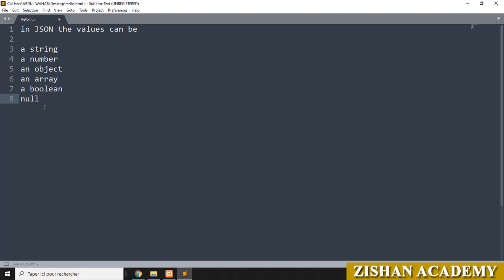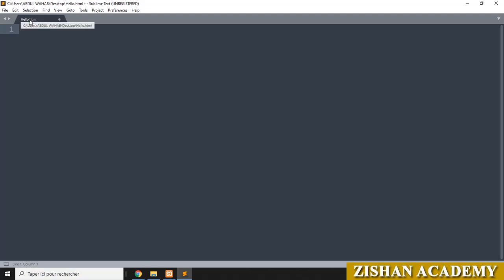Let us see one example in a JSON file, how to create the JSON. Here in hello.html, I am going for an HTML file. Open with doctype space, then HTML. Close this one. Then we'll go for HTML tag.